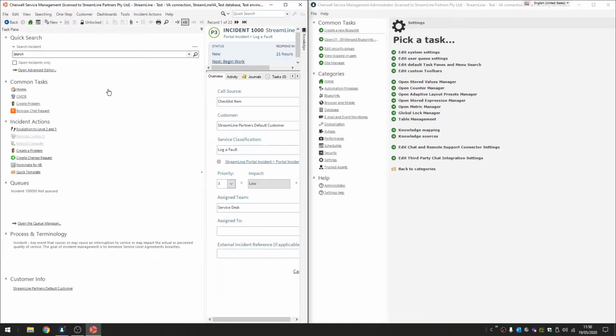So one thing that we might want to be doing with this task pane is editing it so that we can change it to see what we really want. We might not want to see the common tasks, or maybe we do, but we want to see different common tasks. The actions section here, which I didn't go over because it wasn't available before, but essentially the actions section